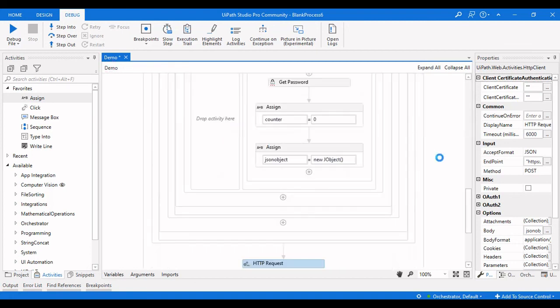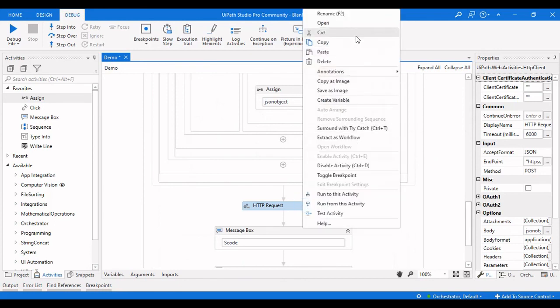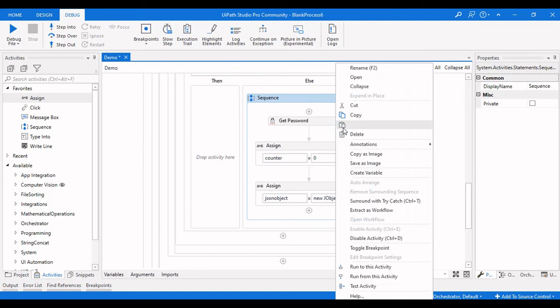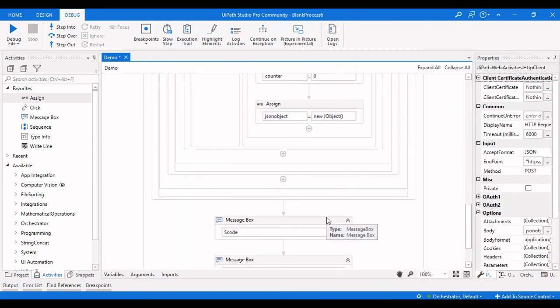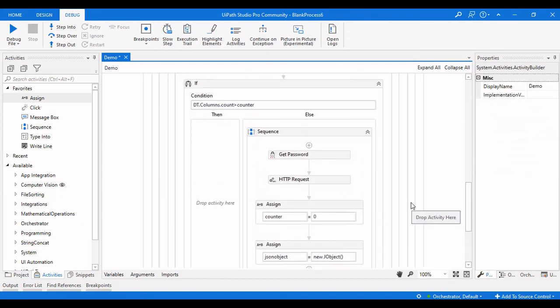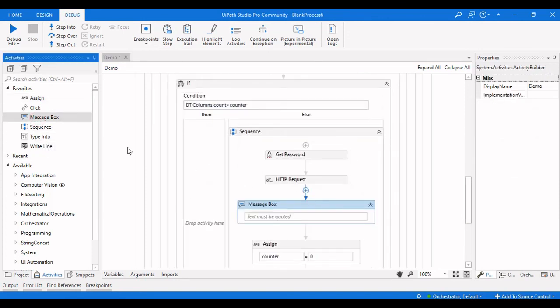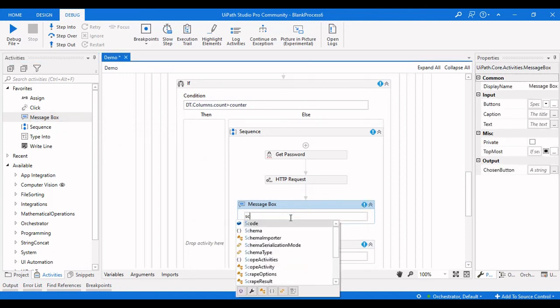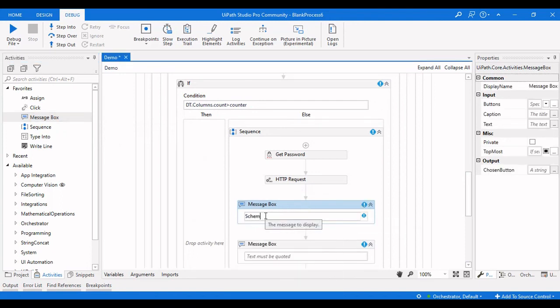So let me cut this one and paste it here, and this as well. Let me drag in two message boxes quickly. This will not be the schema, it will be status code and status result.